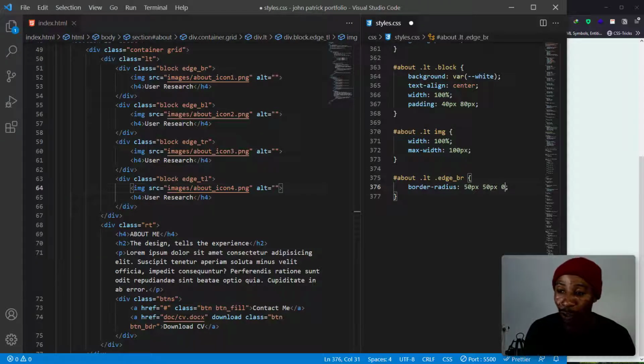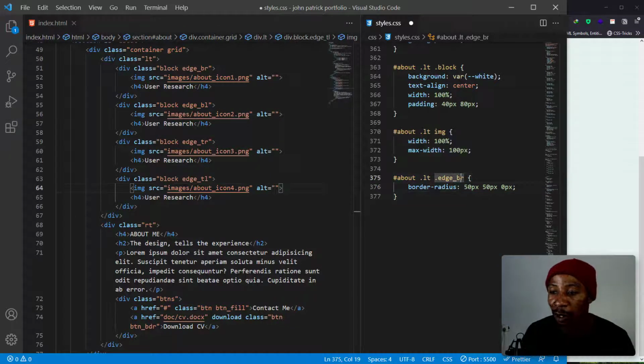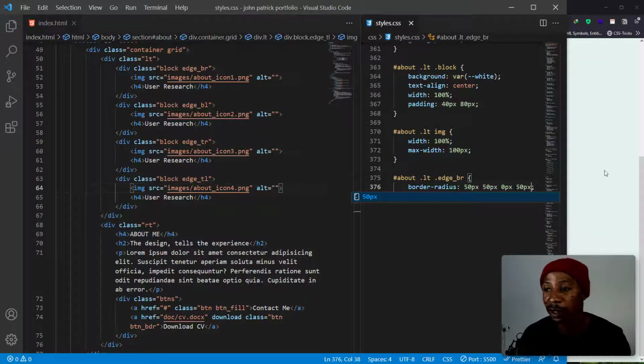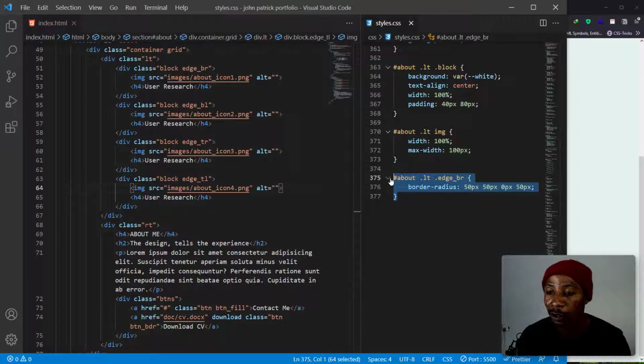Then we have 0 pixels, which will be the bottom right. See, because we want to start the bottom right, so the bottom right will be 0 pixels, while the bottom left will be 50 pixels. Let's save that and check. Now you see we have the bottom right to be 0 pixels, so that doesn't have any border radius. So we're just going to copy this,